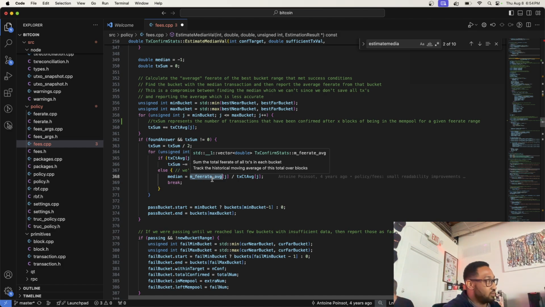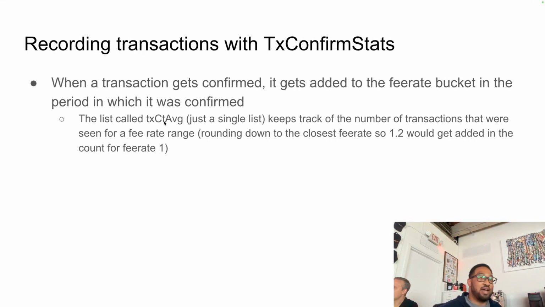Maybe the values change, but the weight of it is the same, right? Yeah. So say the whole blockchain, there's nobody making transactions except for this one. So all of those transactions would be in the same bucket, right? Because they're the same size. And the same fee rate bucket for one of the lists. For transaction count average, it will be in the same bucket, because this doesn't care about how long it took to confirm.